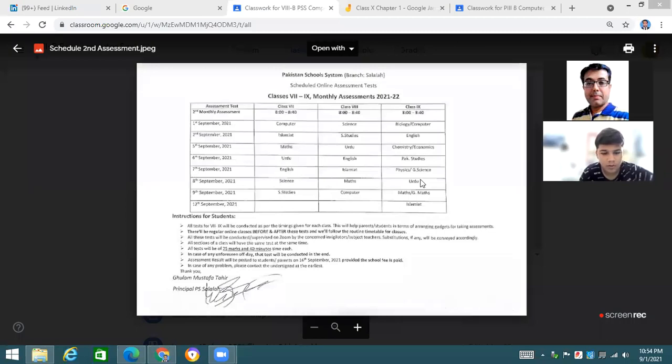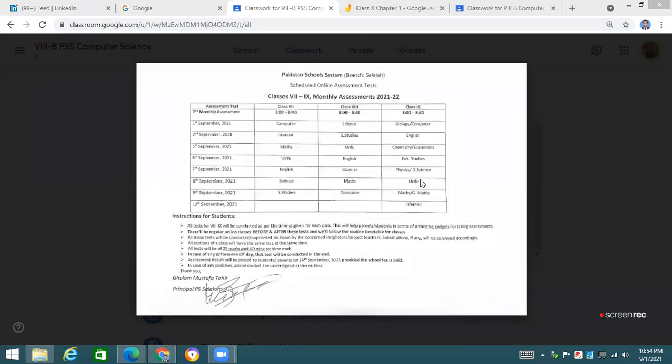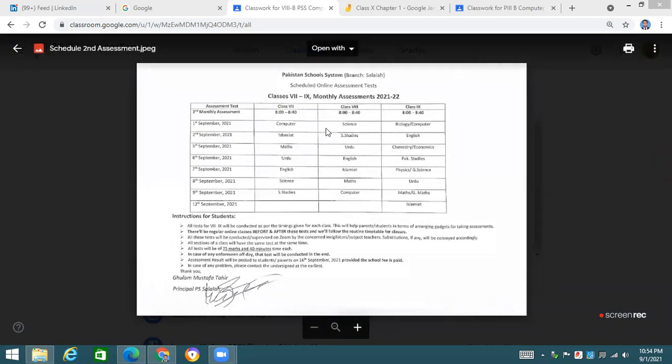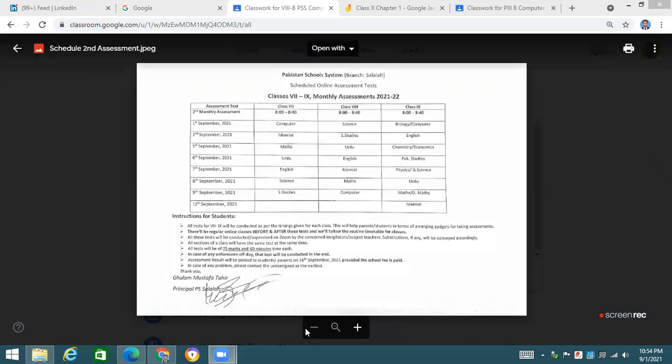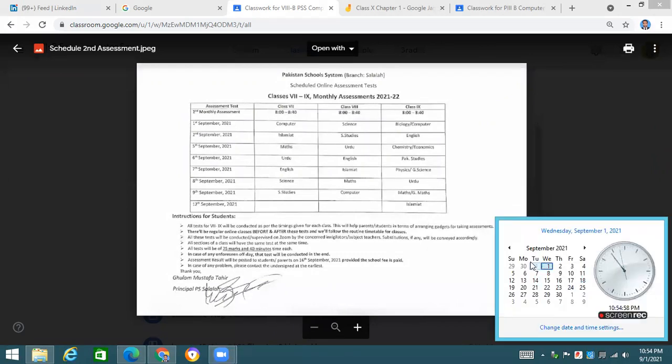the chapter that we are doing, because this chapter is included in your paper. This chapter is included, and I am going to finish it inshallah today, because I had explained all the things last time. So the 9th of September is the date on which you are going to have your computer science monthly test, the second monthly assessment. And see over there